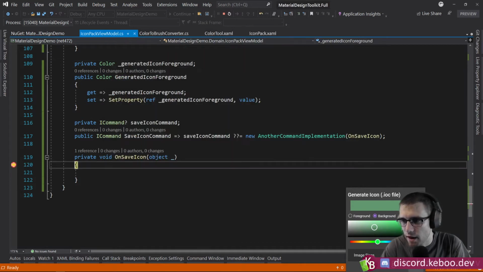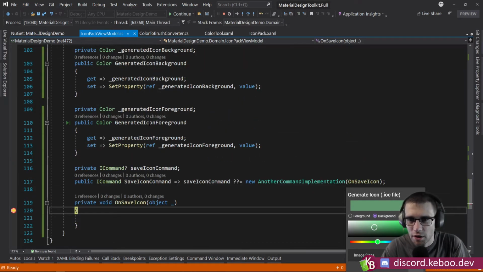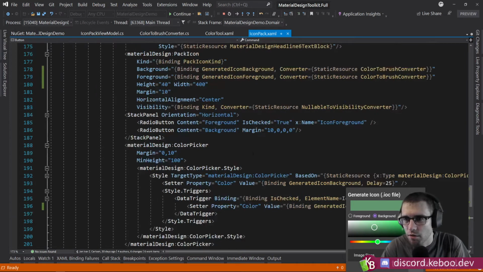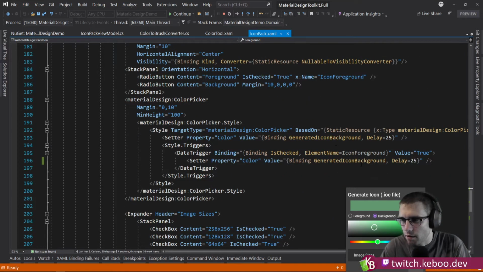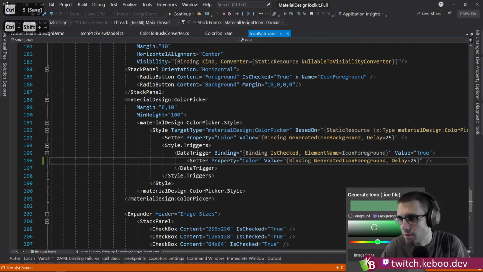So if we hit save, I want to see generated item foreground is not set, background clearly got a value. So we bound the wrong stuff. So that's background and foreground. This is background and background. So this should really be foreground. So if this goes here,